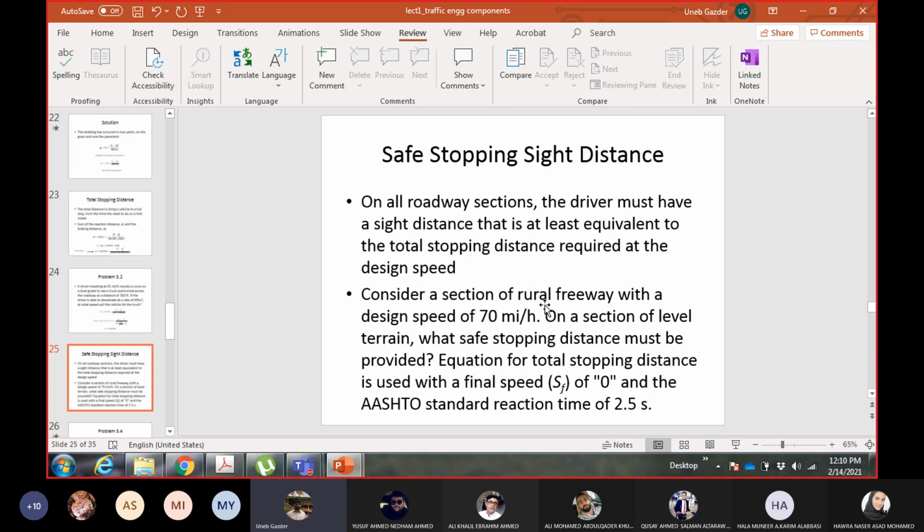If the visibility is less than that, then we will tell the driver it is not safe for you to go at 70 miles per hour, which is very often the case when you have fog conditions. In countries where they have fog very often, you will see a signboard on the road which says in fog, use this speed, which is very low compared to the actual speed limit on the road. This is because at high speed, the visibility required is not available on the road.